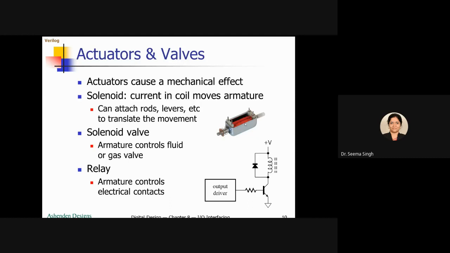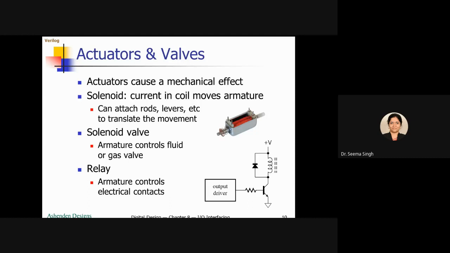So what you can see here is, this is a solenoid, this coil is there. If current moves in this, it will behave as a magnet. And now you can see here a spring is there, which eases its motion. Imagine that this part is closing a valve, and this is an iron.